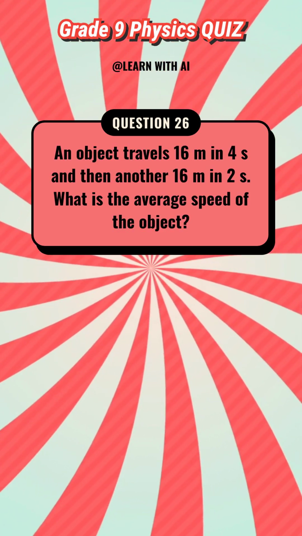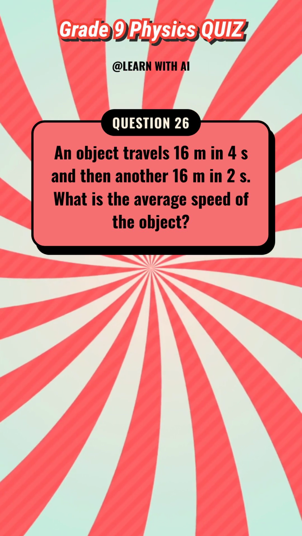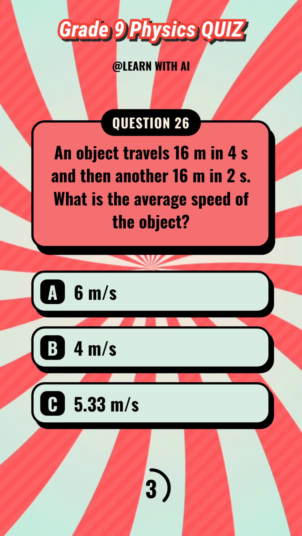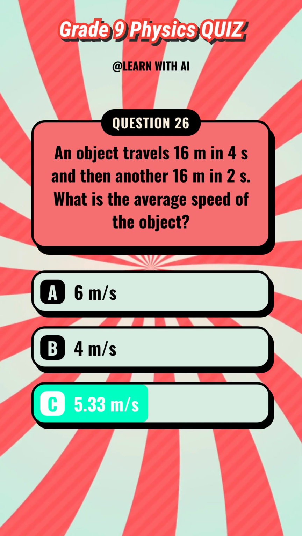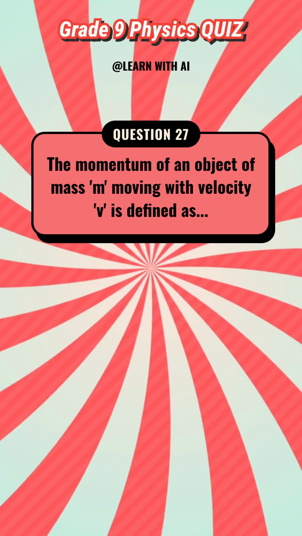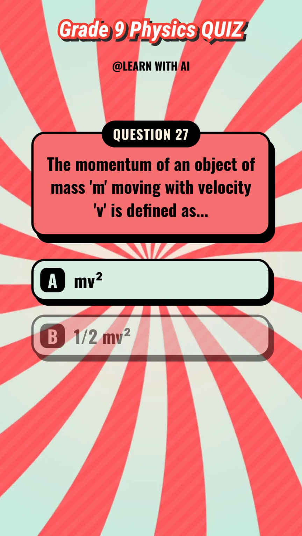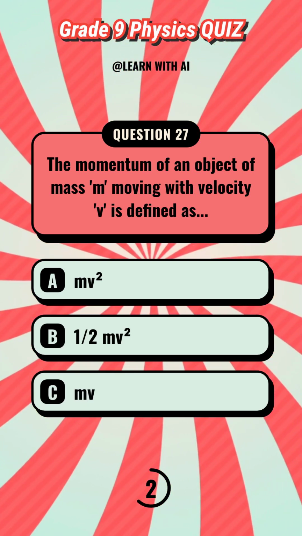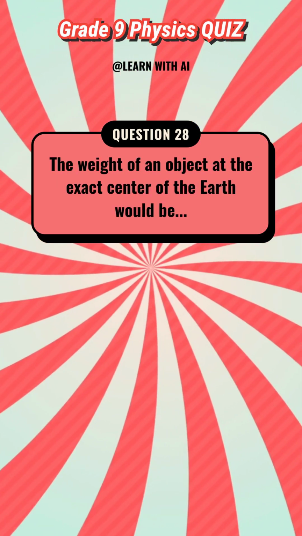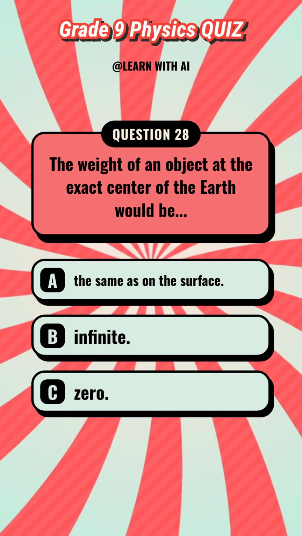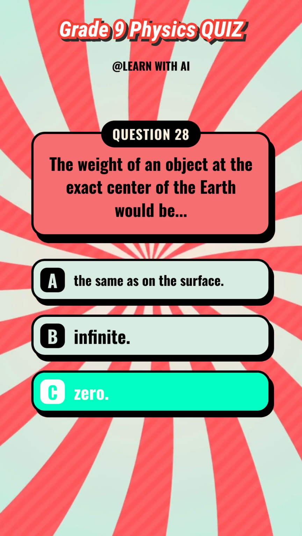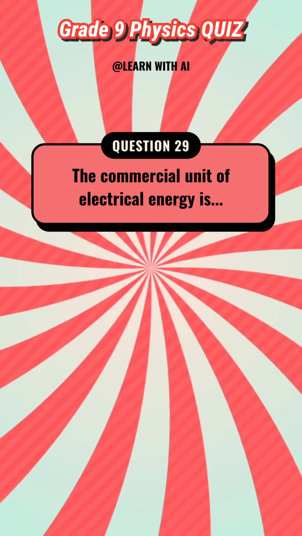An object travels 6 m in 4 s and then another 6 m in 2 s. What is the average speed of the object? The momentum of an object of mass m moving with velocity v is defined as. The weight of an object at the exact center of the Earth would be. The commercial unit of electrical energy is